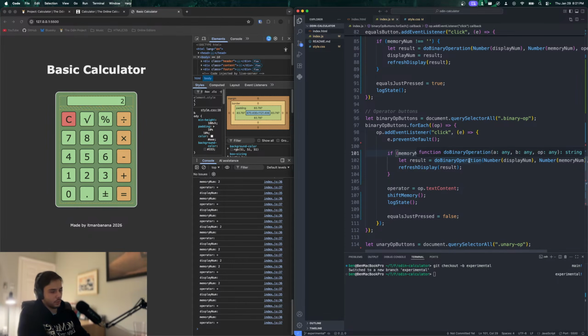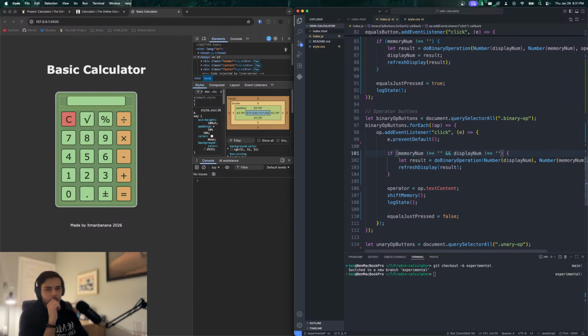I think I just need to do or display num. Or and display num, sorry. I think I just need to do that. We will figure it out. So, okay. I'm gonna walk through the reasoning behind why I put this and clause here in this am